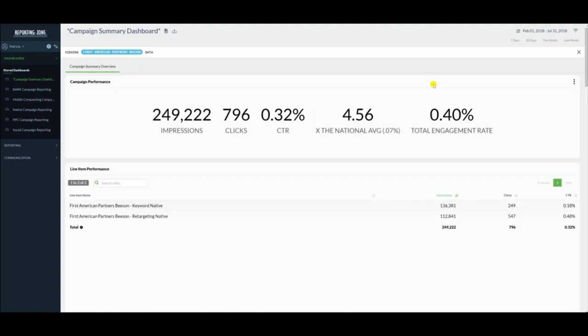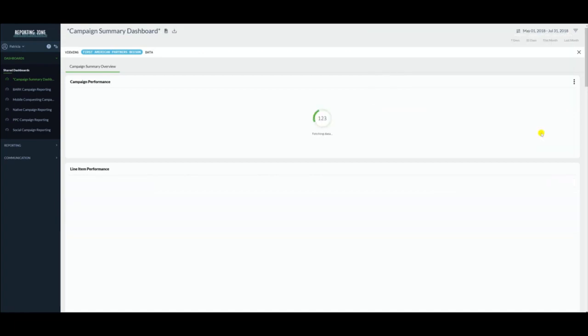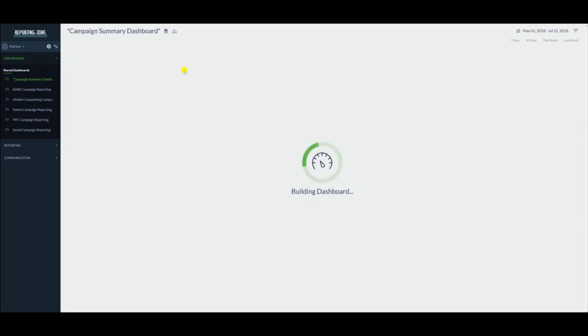If I want to change the date range, I can click the date range up here. I can select from one of the presets over here or select a really specific date range right here. So if I want to view the last 3 months of data, right now I am viewing this campaign's data specifically within the last 3 months. If you ever want to remove this campaign filter, you can click this X right here, and now I'm viewing